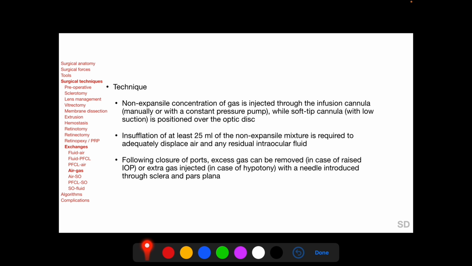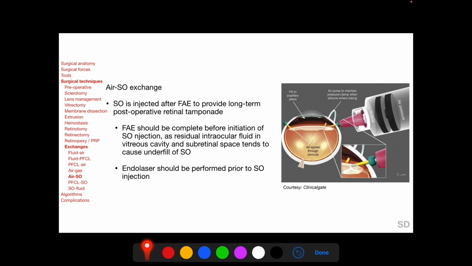For air-gas exchange, a non-expansile concentration of the gas is injected through the infusion cannula, and the soft tip cannula can be positioned over the optic disc during this time to remove any residual intraocular fluid. Insufflation of at least 25 ml of the non-expansile mixture is required to adequately displace air and any residual intraocular fluid. Air may be replaced with silicone oil when longer-term retinal tamponade is desired, as shown here in this figure, with this being the enlarging silicone oil bubble and this being the portion of the vitreous cavity filled with air,